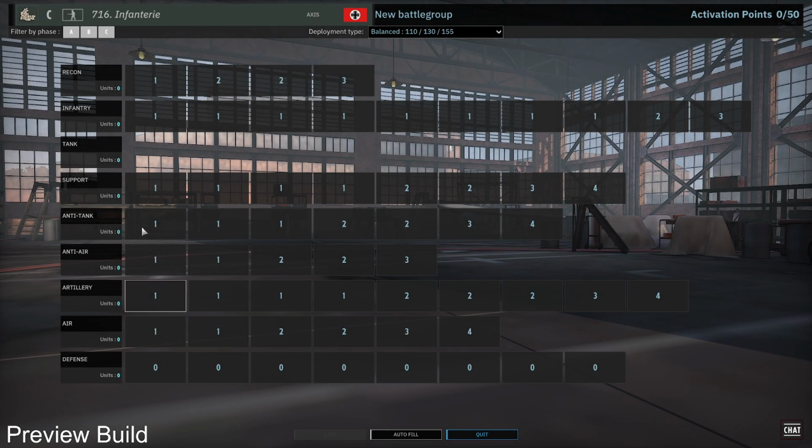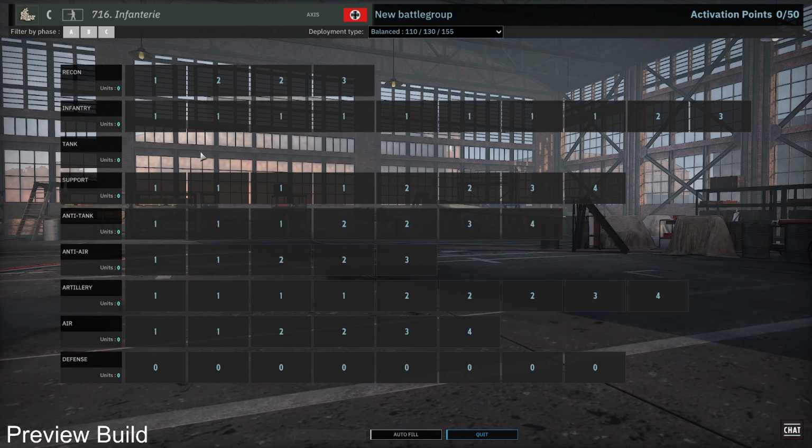So, surprise, there's no tank tab at all. That's the first division out of more than 90 now, I think, that has a tab that can't be filled at all. Defensive recon slots, I think it's just okayish. Infantry slots, not so great. In the